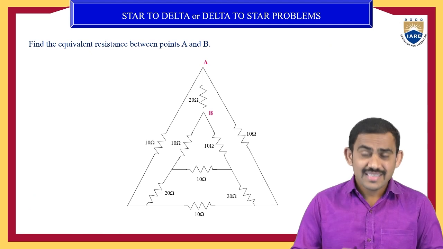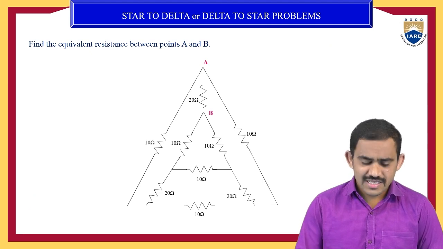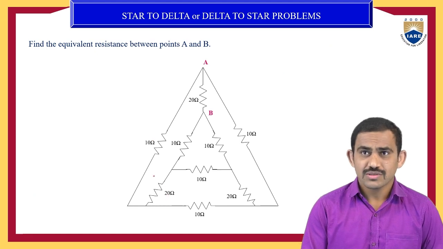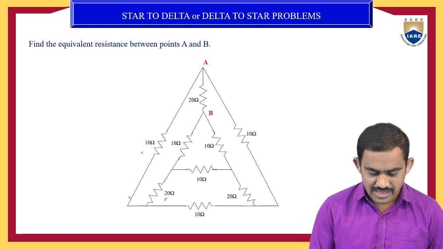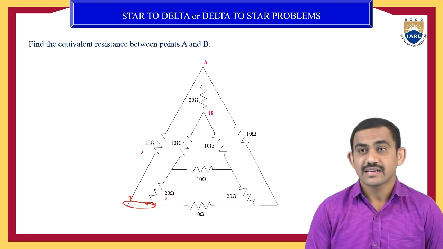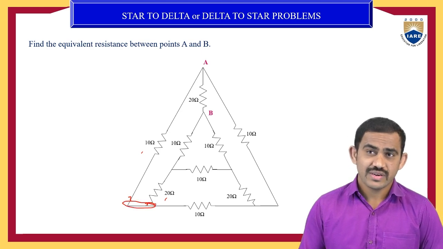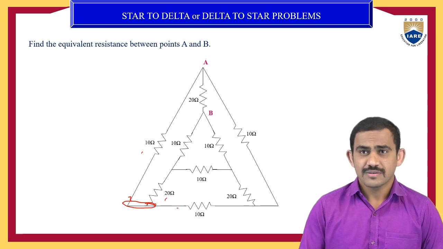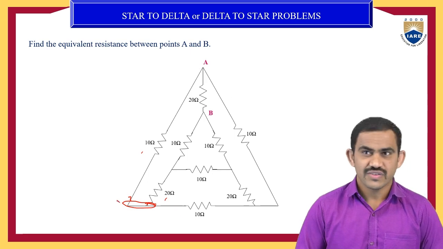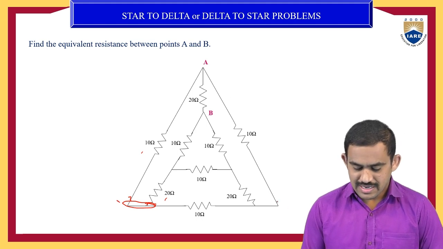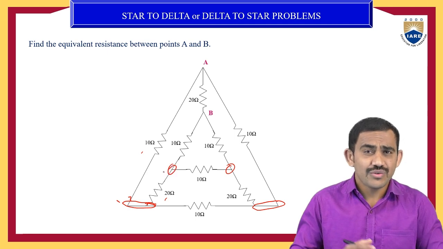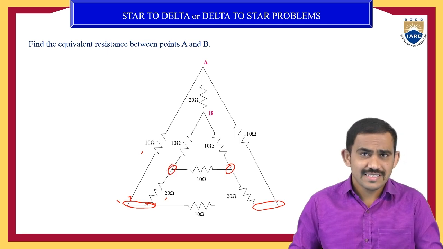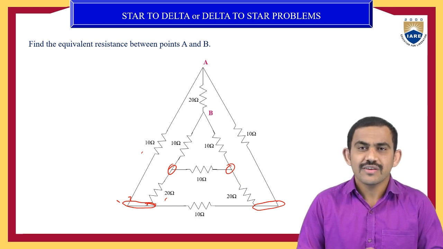Now, in this circuit, do we have any series and parallel? Just check it. Take the 10 ohm and 20 ohm resistors. They are neither in series nor in parallel, because three resistors are connected at the same point, not two. They carry different currents, and the second nodes are also different. So this is not parallel. Here also different, and here also different. You have to check every node to find any series and parallel. So in this circuit, we don't have any series or parallel.